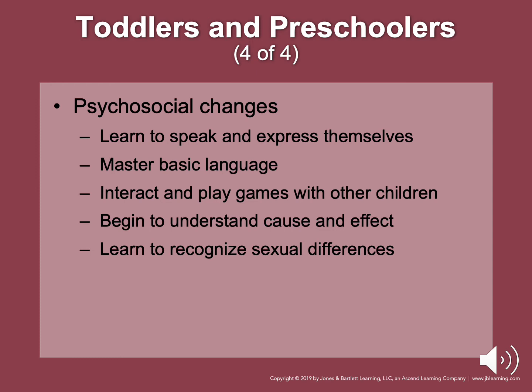By ages 3 to 4, most children can use and understand full sentences. They go from using language to communicate what they want to using creativity and playful interaction, and playing games with other children begins. This teaches control, following rules, and competition. By age 18 to 24 months, toddlers begin to understand cause and effect.